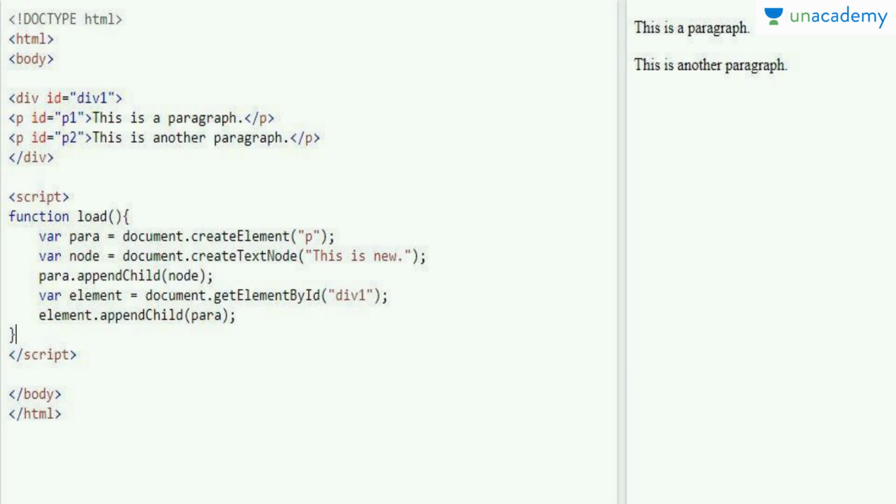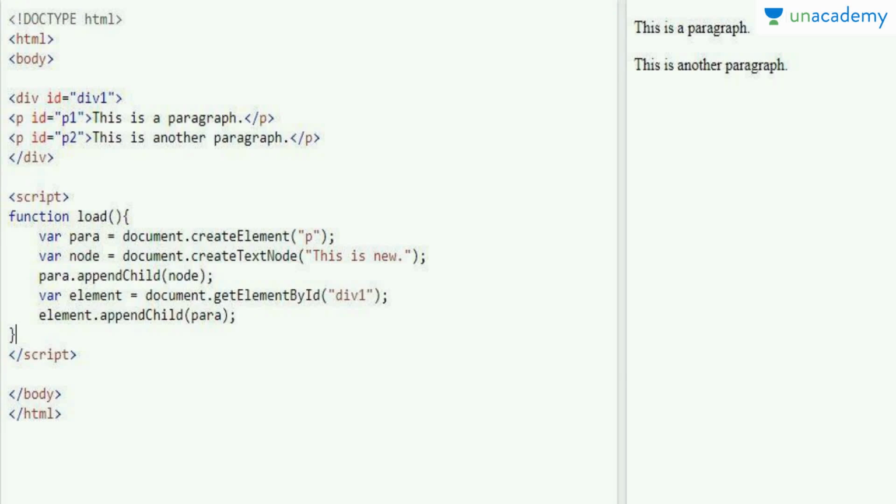After that you can see there are more variables and lines. There is a variable named para. The variable para is creating an element of a paragraph, with the help of createElement. createElement will help us to create a new element of the paragraph type. You can create any kind of element with it. Now the paragraph tag needs some text in it so that it can display that text. So I have created a text node with the help of the createTextNode method.